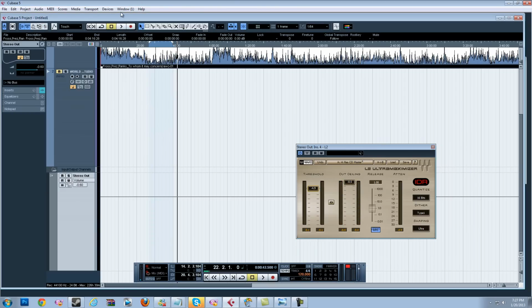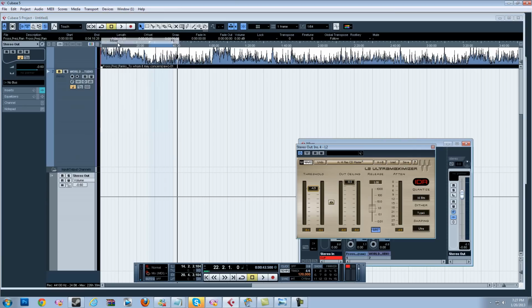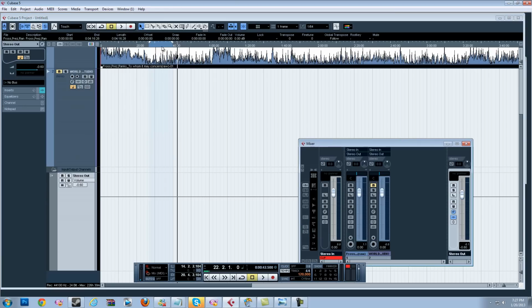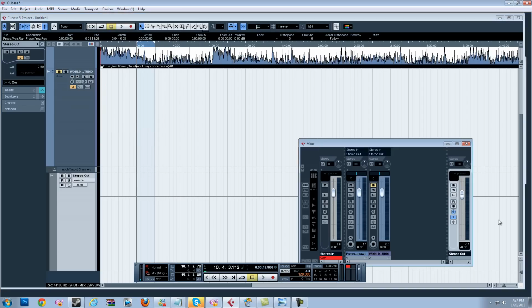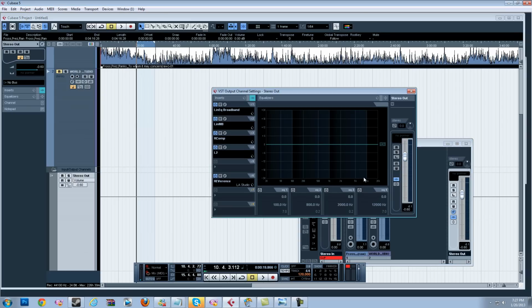Alright guys, so what I'm going to go ahead and do now is play about 10 seconds of the song, so you guys can see how it sounds without it again and with it. And again, this is mastering at home, that's to get a better sound after you're done mixing, if you do have the plugins. Now if you are trying to get a radio song out there on the radio, I suggest just mixing it yourself and then sending it off to a mastering engineer so that they can go ahead and master that for you. So let me go ahead and put these effects back on,